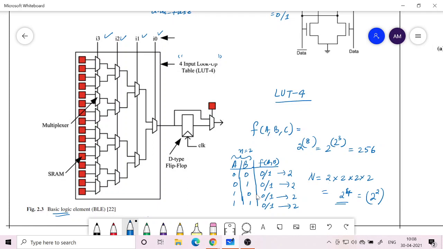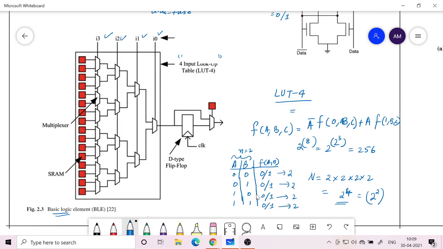We basically expand. I'm just showing an example here. We have done this already. You take any variable, a bar, and multiply it with f of 0 B C, then plus a, and if a is 1, then it will be f of 1 B C. So 0 and 1 are constants, so you will get a function of b and c. If you put 1 here, you will get a different function; if a equal to 0, you get a separate function. And then you can continue this.